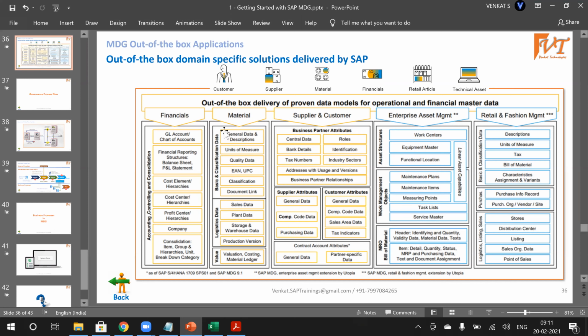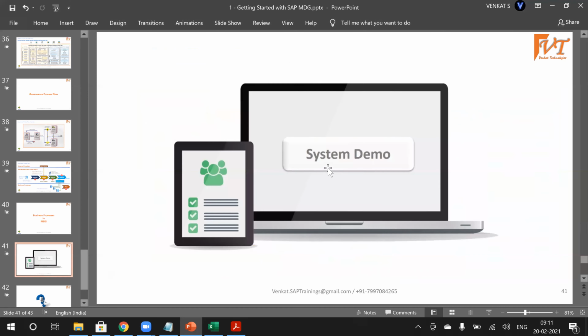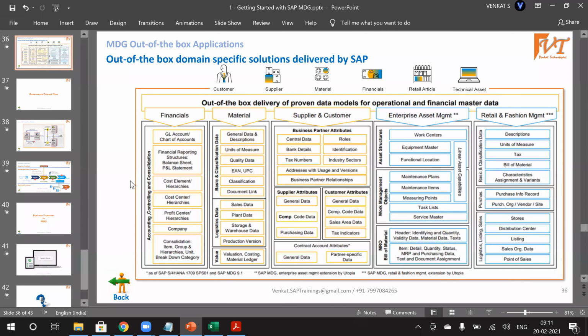Here, we are not going to create any reference data. We just see how to create the master data in the MDG system. We'll see that in the practical. We have the system demo here, and we'll see the demo in the system.